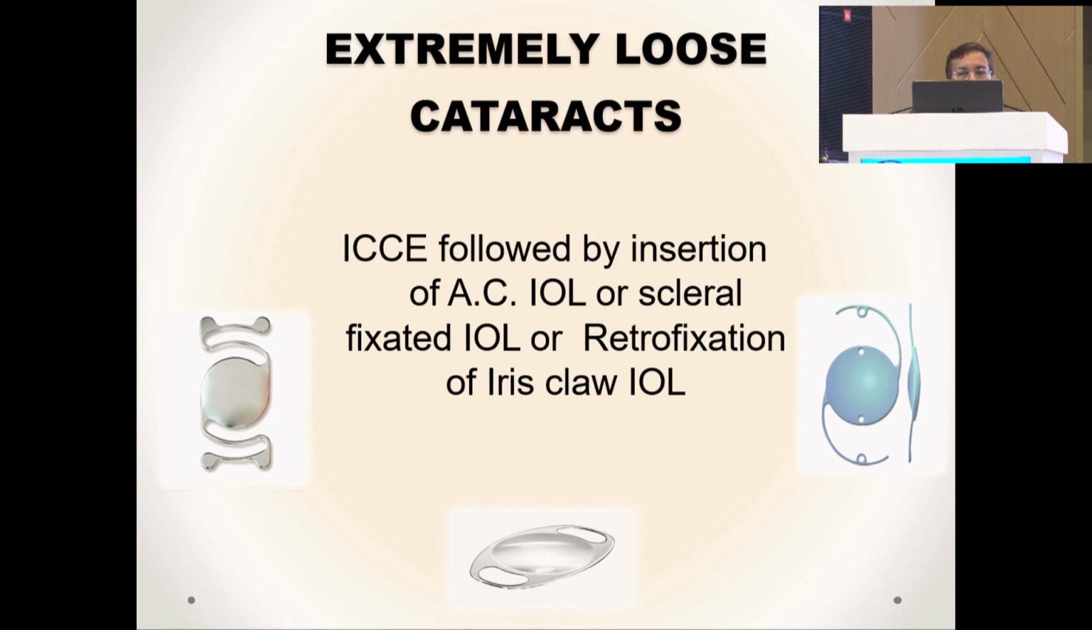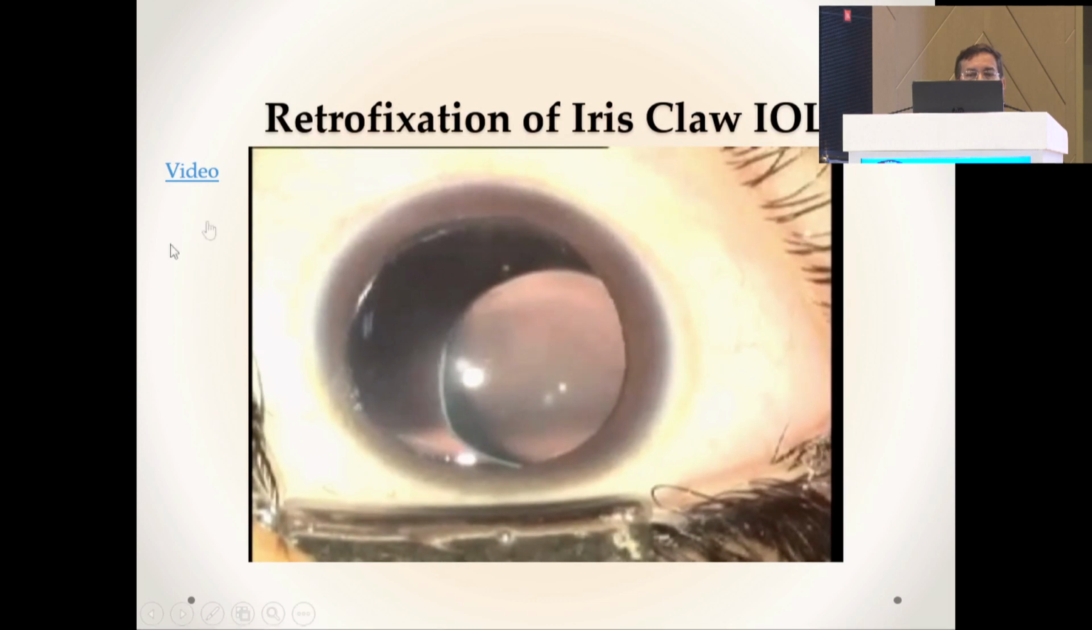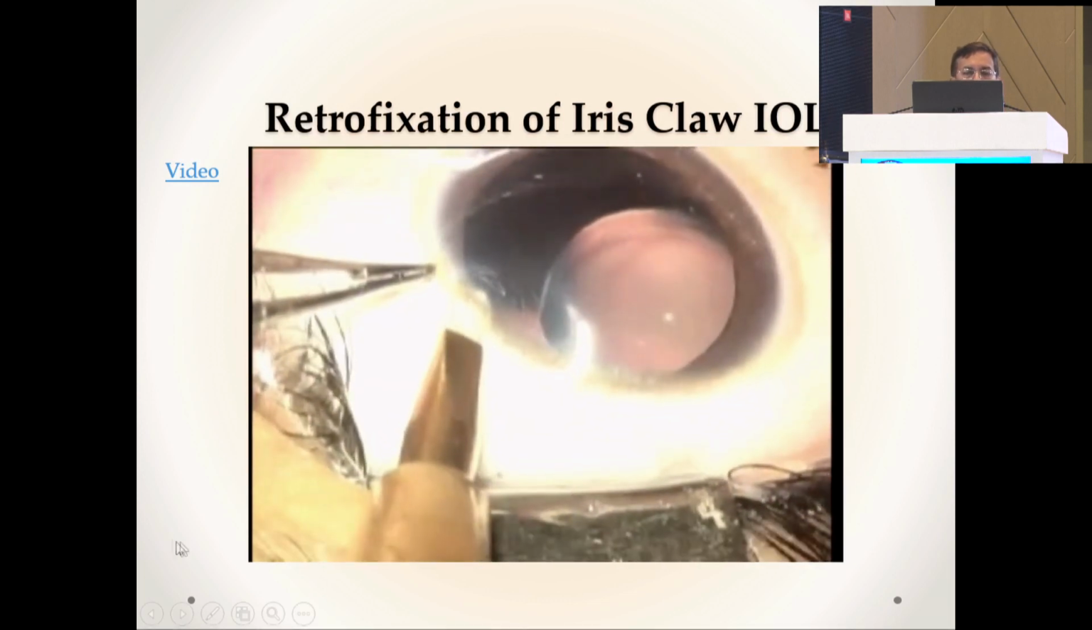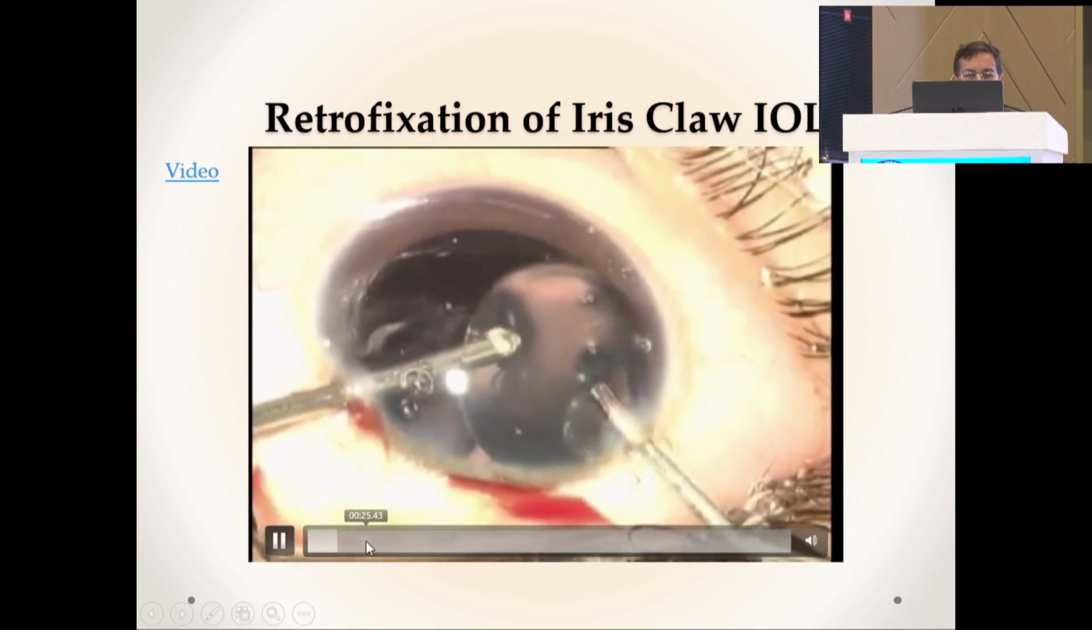And sometimes it is an extremely loose cataract. Then you have the option of removing the nucleus and using a scleral fixated, glued IOL or an iris claw. I am going to show you the iris claw. It is a congenital subluxated cataract, doing the lensectomy,